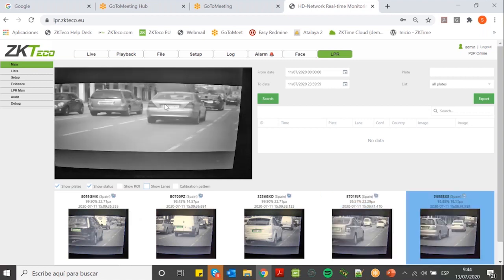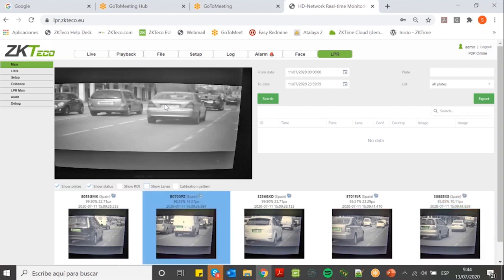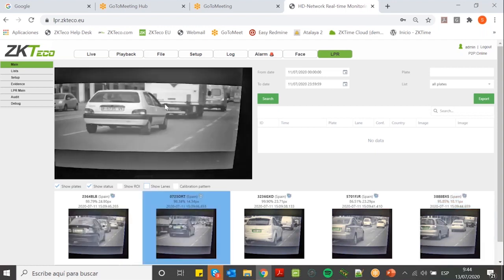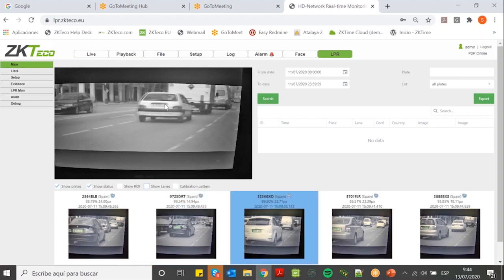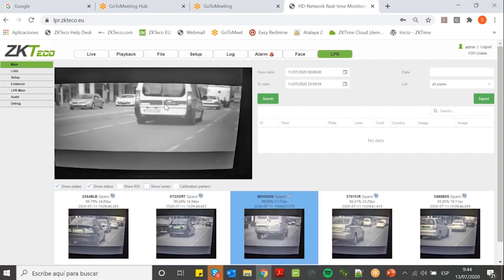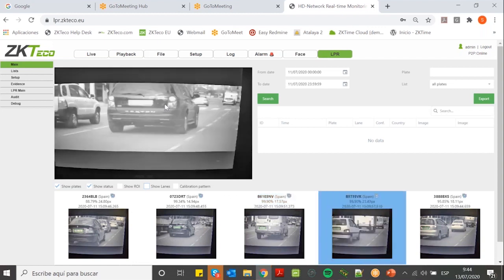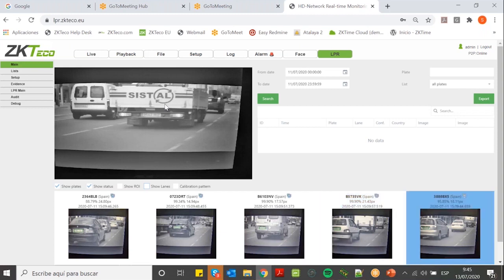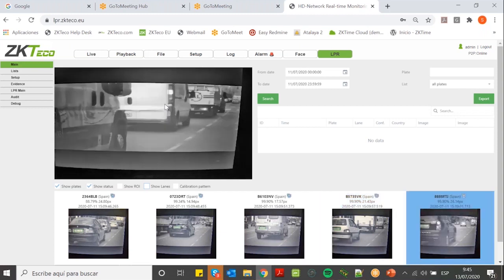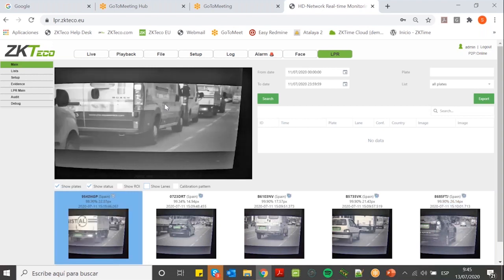So maybe for you it's very strange to see this because the LPR camera is working at 4 frames per second. To be honest, it's not real time like the one you can see in the live view, but it's enough for the LPR solution. For the LPR you don't need to process real time images. So 4 to 5 frames per second is more than enough to catch all the plates that